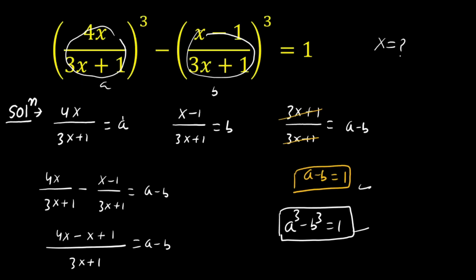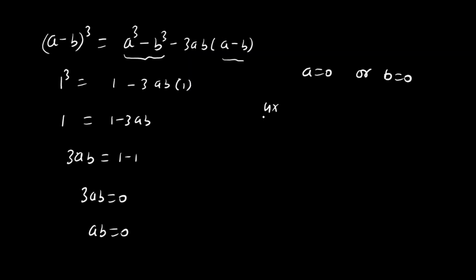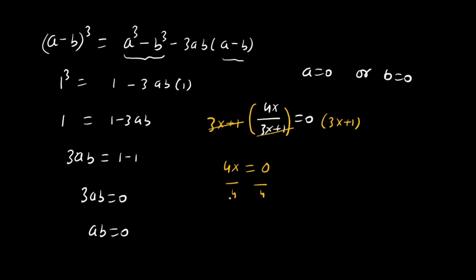Here a is equal to 4 times x divided by 3x plus 1. So 4 times x divided by 3x plus 1 is equal to 0. Now if we multiply both sides by 3x plus 1, then this 3x plus 1 and this 3x plus 1 cancel out, then 4 times x is equal to 0 multiplied by 3 times x plus 1, which gives 0. Now if we divide both sides by 4, then on the left hand side the 4 and the 4 cancel out, so x is equal to 0. So one solution of x is 0.